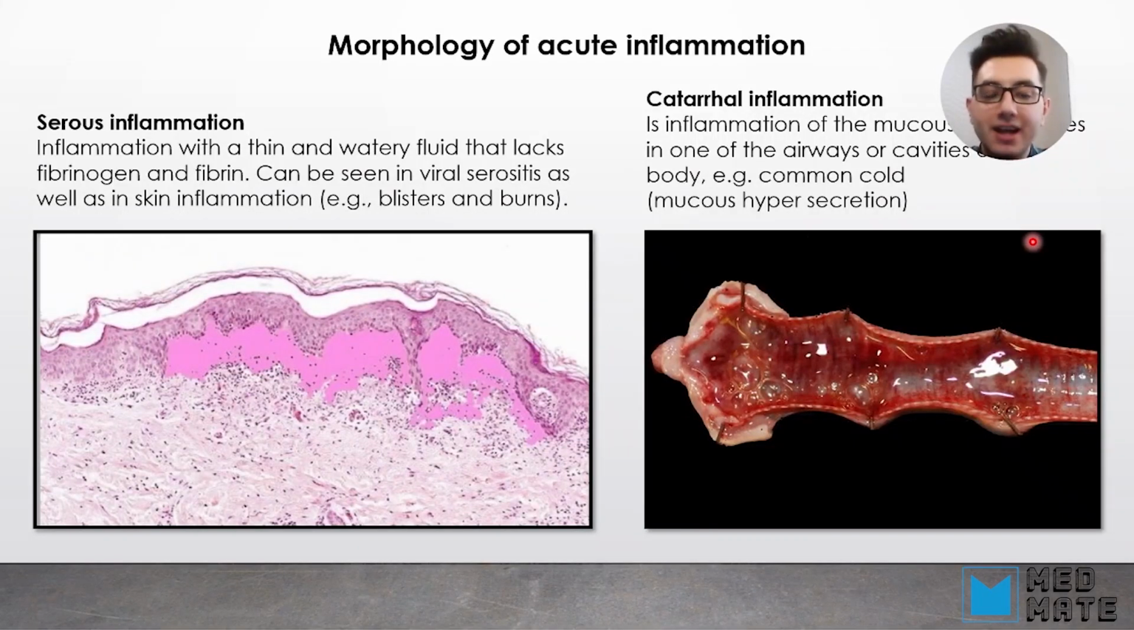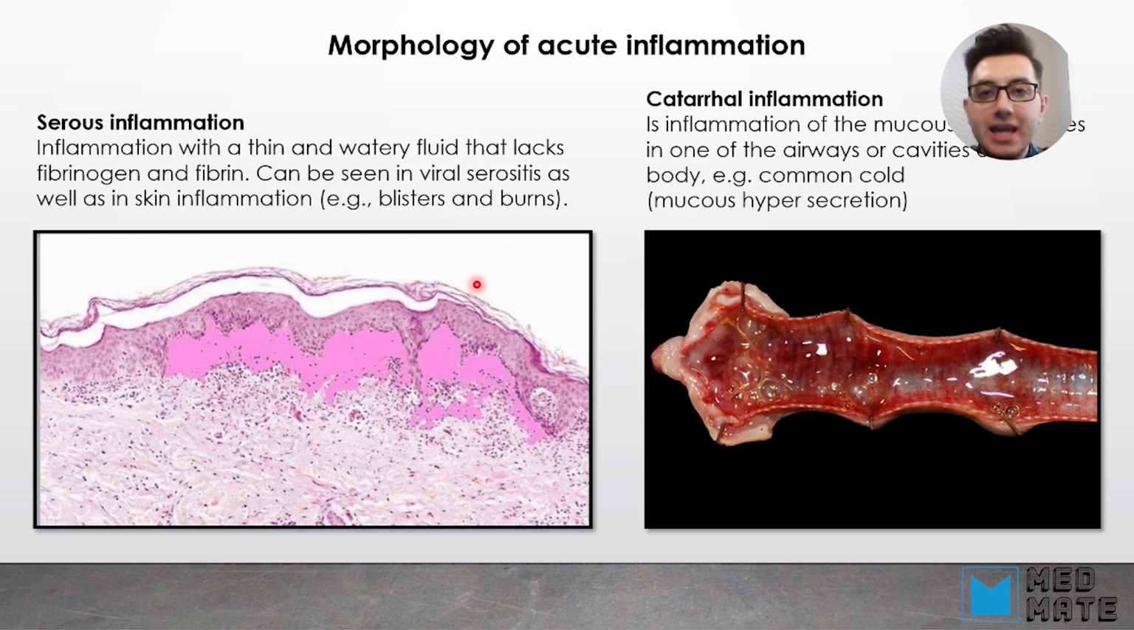Now, morphology of acute inflammation. We have different morphologies for acute inflammation. The first type that we are going to discuss is serous inflammation. Serous inflammation is when there is a thin watery fluid that lacks fibrinogen and fibrin and can be seen in viral serositis, and also in skin inflammation, for example, when there is a blister or burns. You can see here the water accumulation and how the serous inflammation is watery and it lacks fibrin and